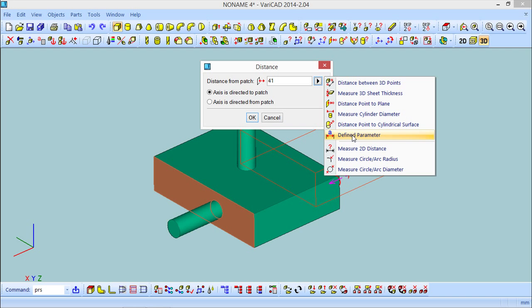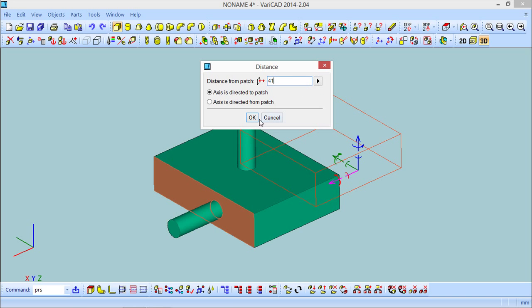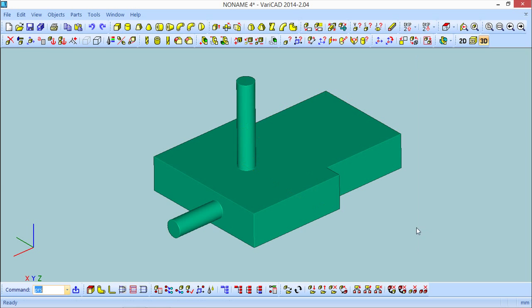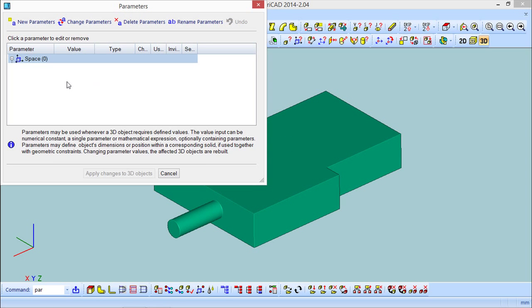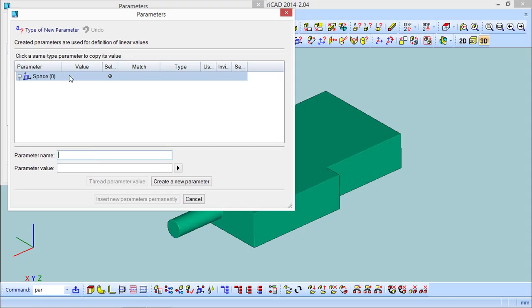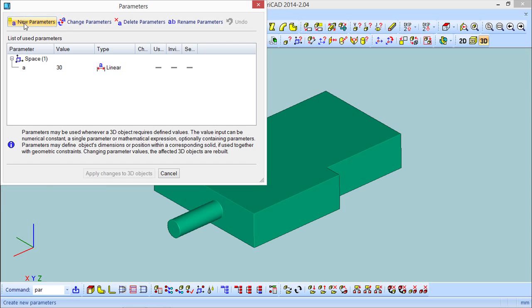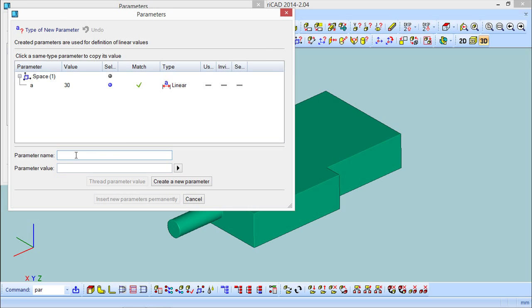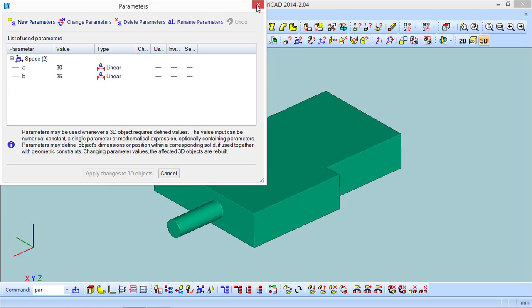Okay, we don't have a parameter at this point, but let us say that we assume the 41 and do the OK. If we go to the parameters now, insert a new one, it can be an angle or a linear, but let us say, for example, A, and this will be 30, create a new one, insert it, and I want a new one, which is the B, and I say 25, create and insert it. Okay,